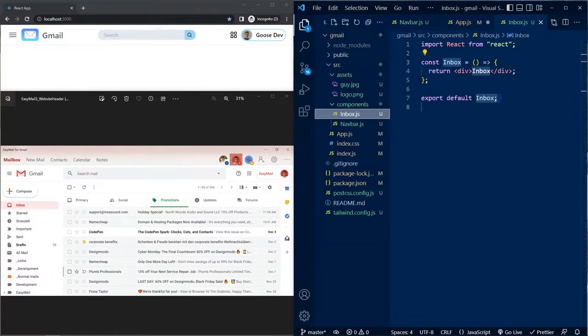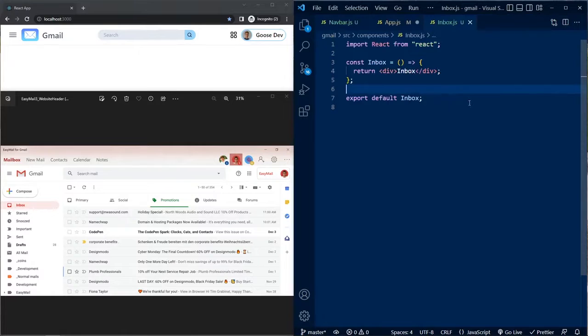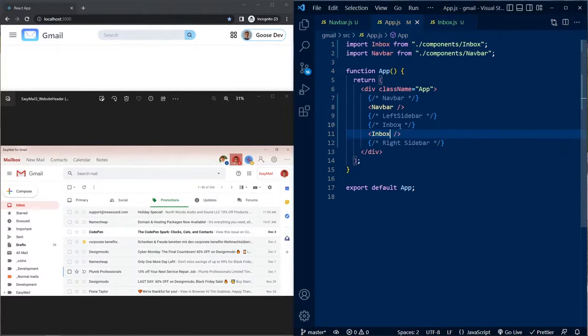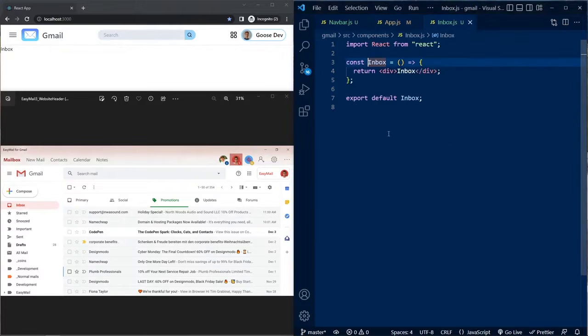Okay, now let's continue. So first of all inside the inbox, Control B. We should import the inbox as well. So let's import the inbox first of all. Save. Now you can see inbox right here. Perfect. Nice. Now let's create the layout of this inbox. So I'll say inbox, and for this inbox we'll have, let's see,